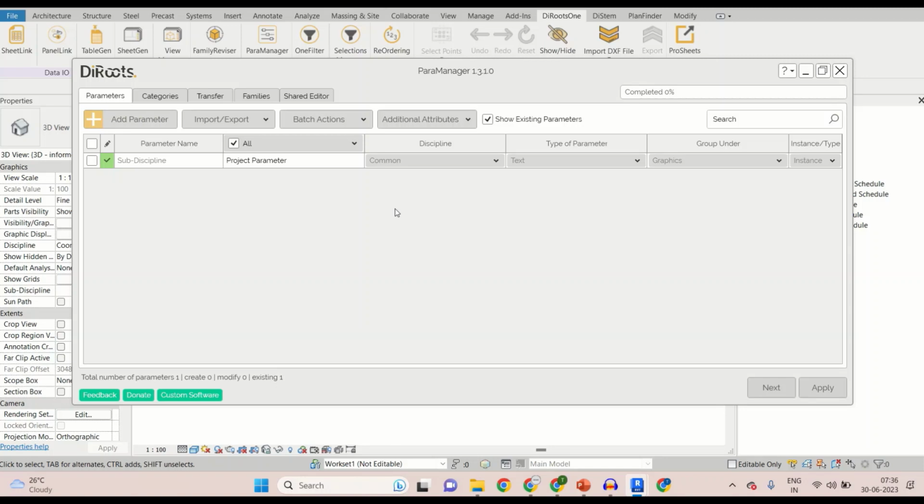It can create parameters, it can modify parameters, it can transfer parameters from one Revit family to another Revit family. It can add the shared parameter file for us. It can export the shared parameter file, import the shared parameter file, all those kinds of things we can do inside that. Also we can edit the type of the parameters or the group of the parameters, something like that we can do in this particular